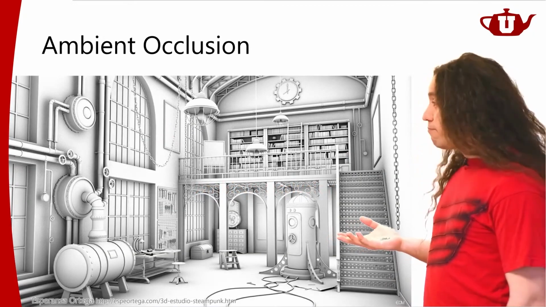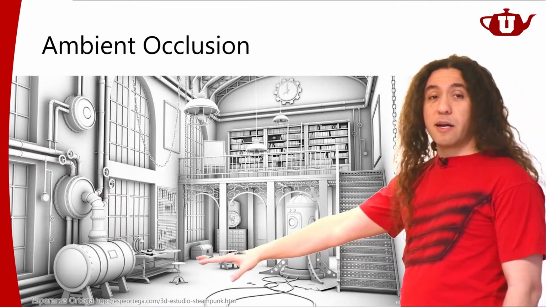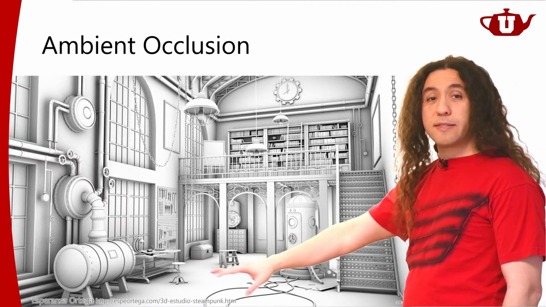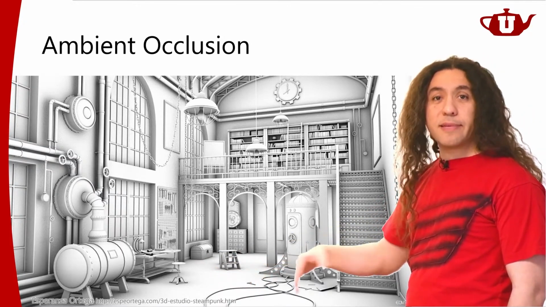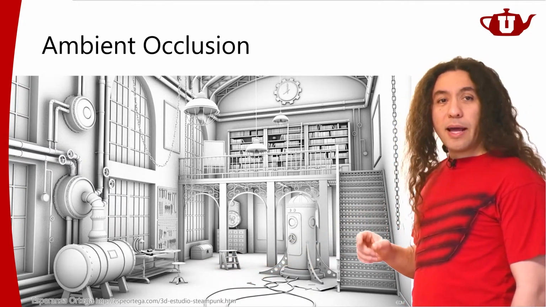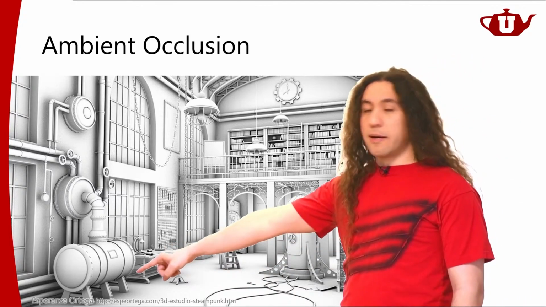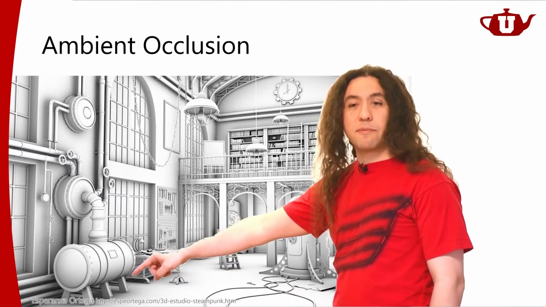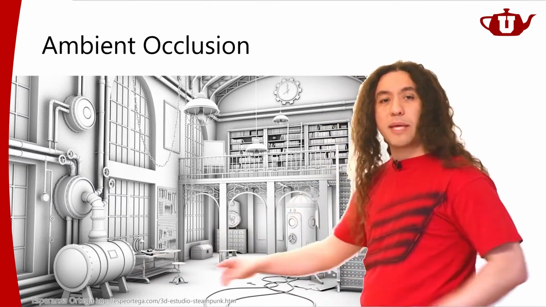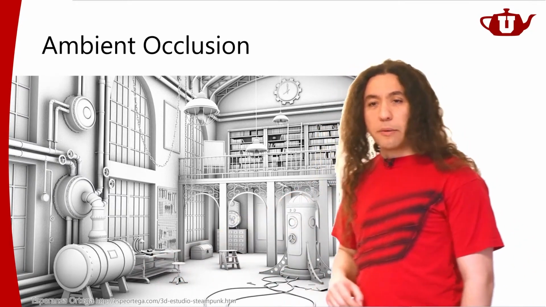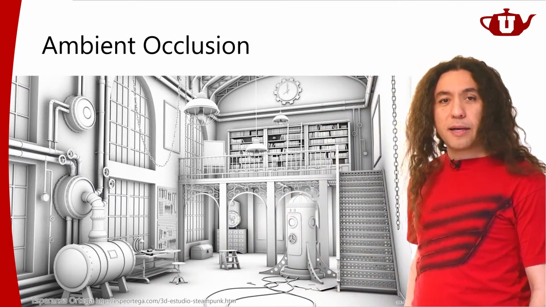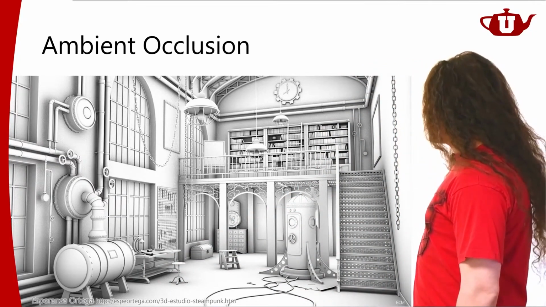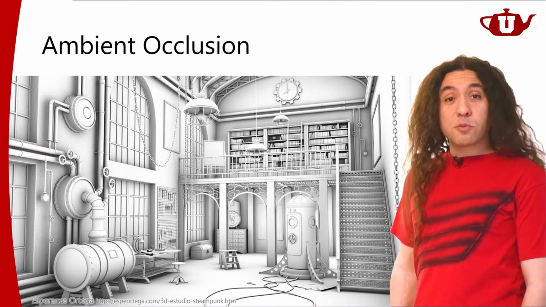There it is. So as you can see, things that are out in the open, they're just white. That integral evaluates to 1. And things in the corners, things that are sort of hidden from other things, where there are lots of objects blocking the ambient light, they're going to be closer to 0. That's going to be black, right? So that's the idea of ambient occlusion. It looks pretty good, right?